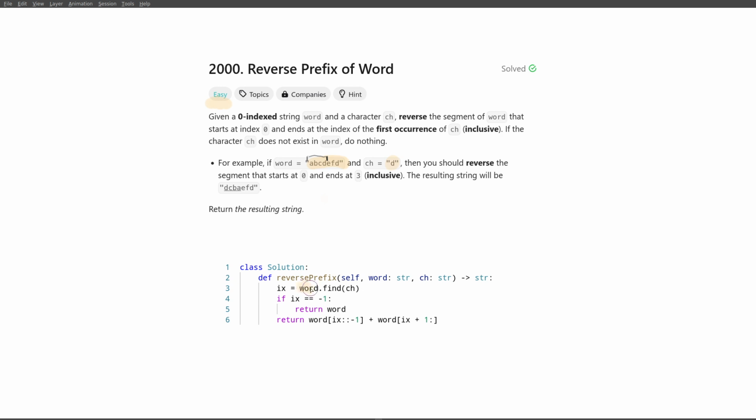So we take our string and we find the index of the first occurrence of our character. If this method find returns -1, that means that this character does not occur in our string, so we just return the string unchanged. Otherwise, we have to reverse this prefix that we found up to position ix and the